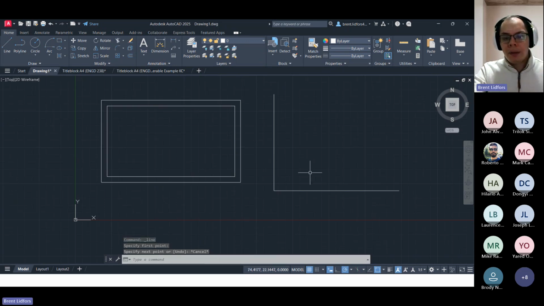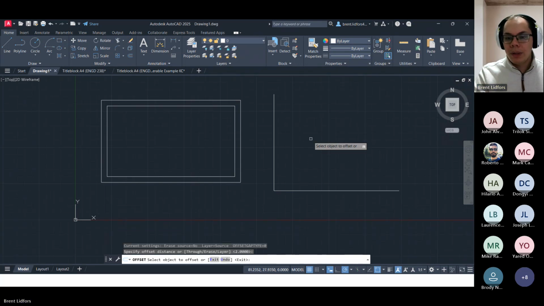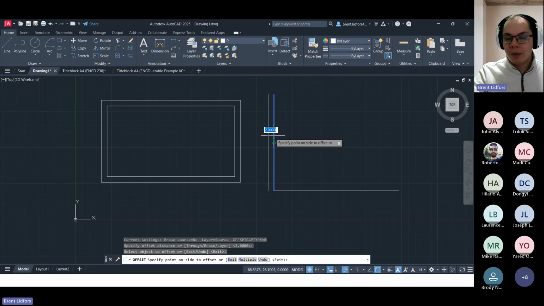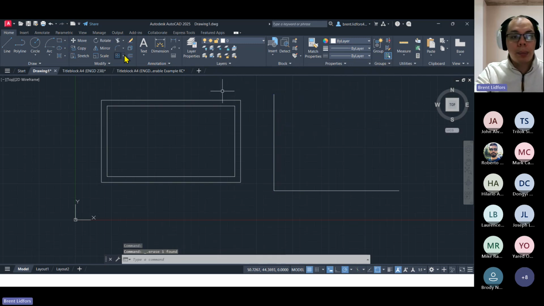Similarly, I can use offset for lines. Of course, this is on an object basis. So if I do the same thing, specify offset distance of 2, hit enter, select a line to offset, and I choose which side of that line to pick. So I can offset on the inside or the outside, and that will create an offset line as well. Okay, but since this is on an object basis, since I've just selected the one line, it's only offsetting that one line. Now, if I selected both lines here,